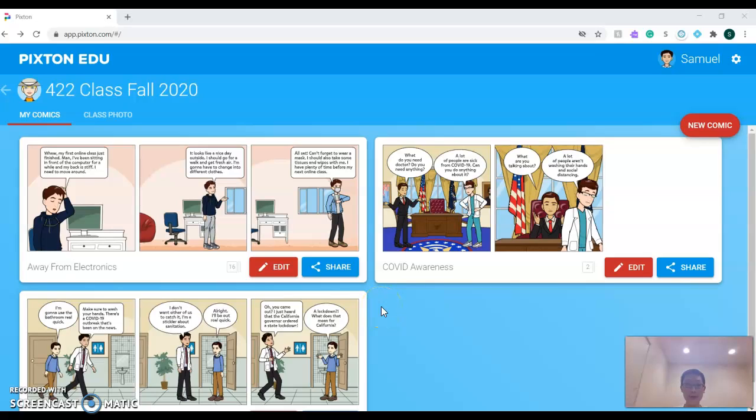This is Education 422 for creating a new design challenge. And we will be using Pixton as our technology tool for this design challenge. To start off, there will be a home page with